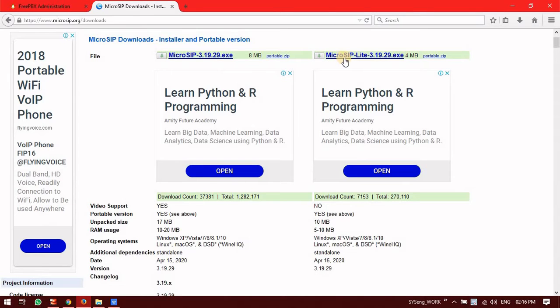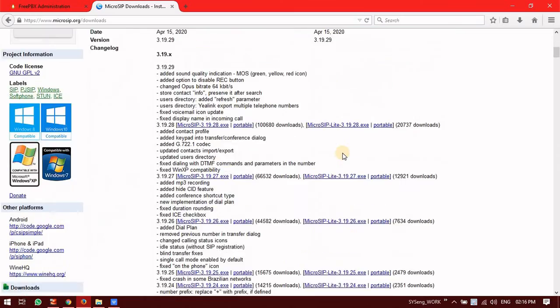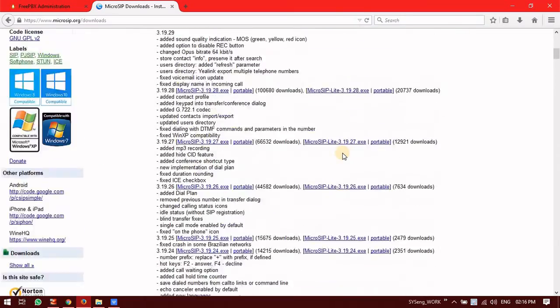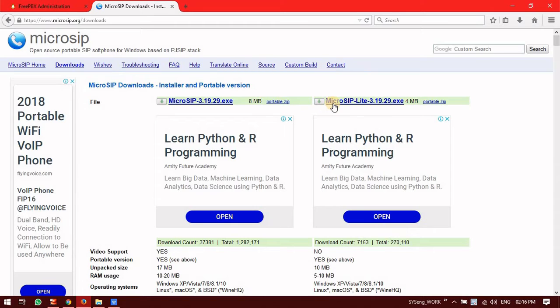I prefer to use Microsoft Lite because it is very lightweight. Also, the basic requirements of what we want to do, we can do with that. So there are no limitations to using Microsoft. With the light version it also works smoothly and perfectly. I will just click on this. It will take some time and I will save this file.